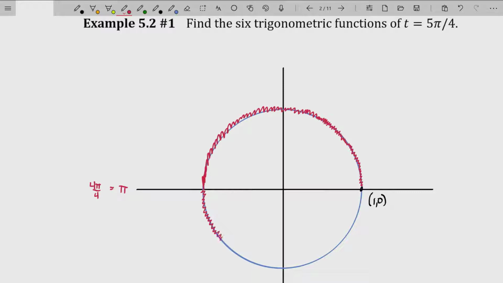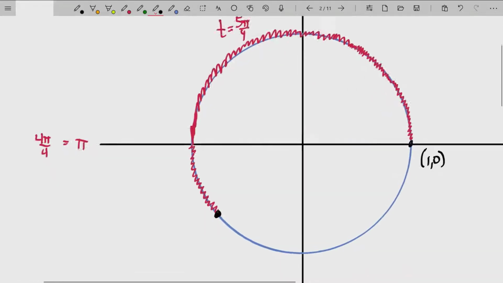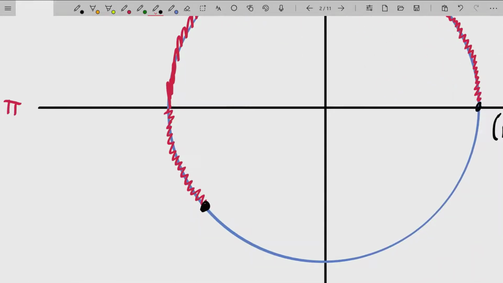So this right here, that full arc length would be 5 pi over 4. And now we're asked to find all the trig functions at this terminal point. That's going to require us to recall something from the previous video, which is our special triangles. And this is where I think the unit circle definition doesn't break down or anything. It's just that I think the right triangle definition is much better, because what I'm going to do is draw,